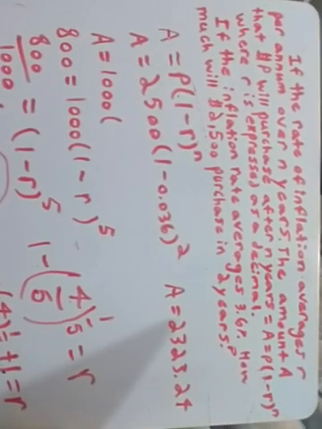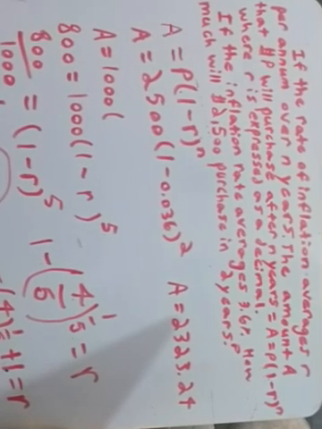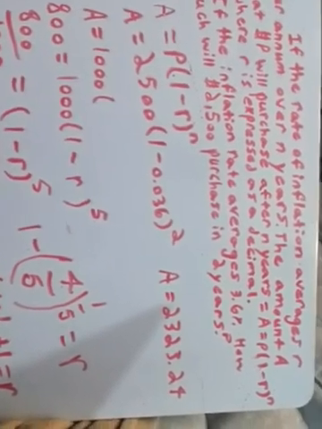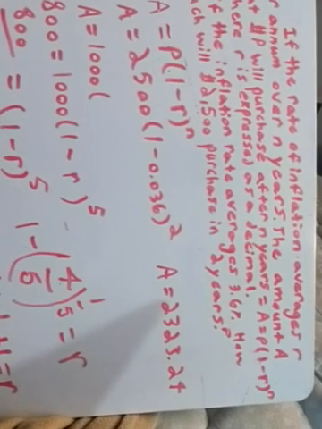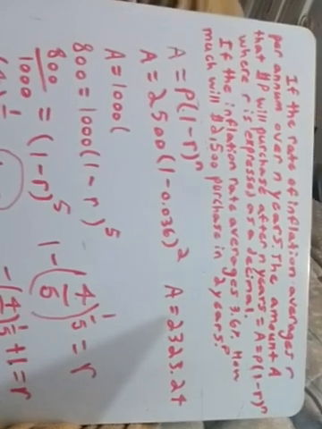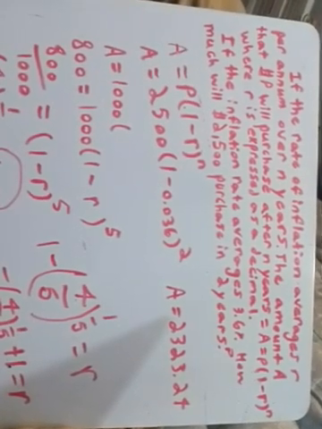So that's saying the amount that it will purchase of goods is equal to the principal amount times 1 minus the inflation amount, I guess, the interest, which is going to be a negative percentage, raised to the period of years, to the n power. So if the inflation rate averages 3.6%,